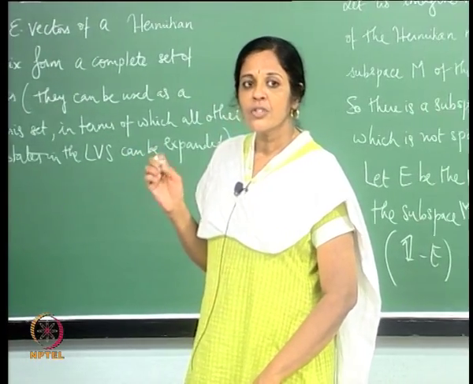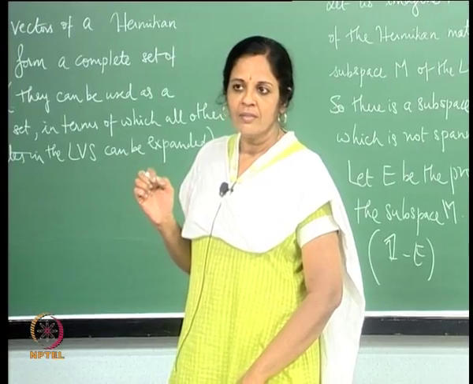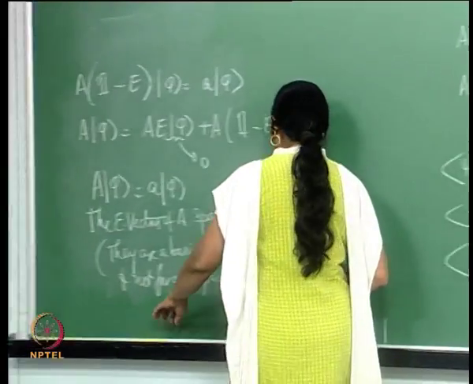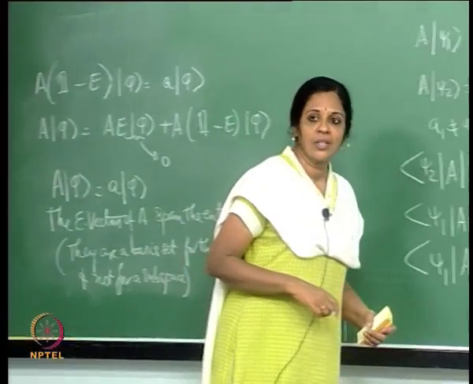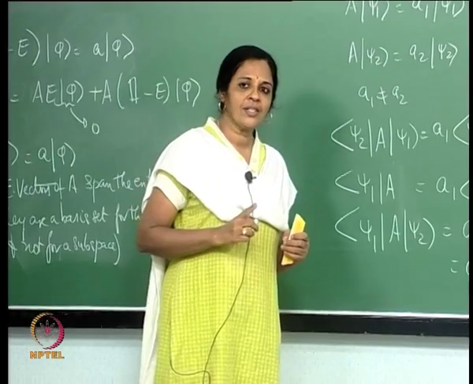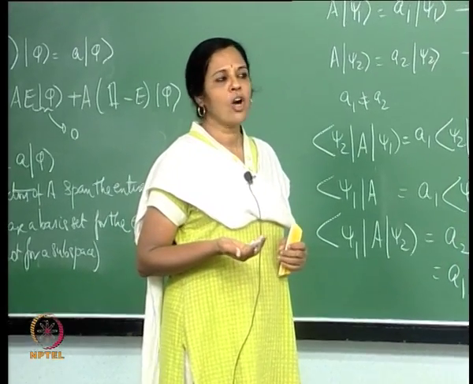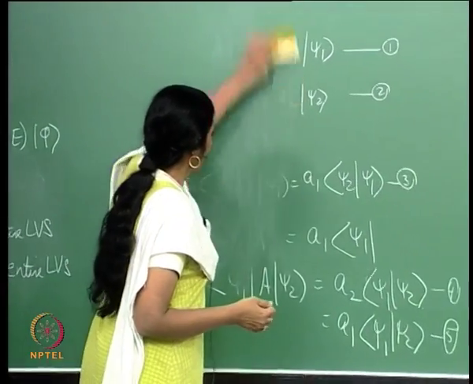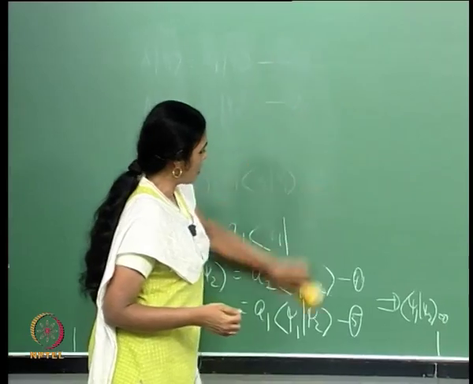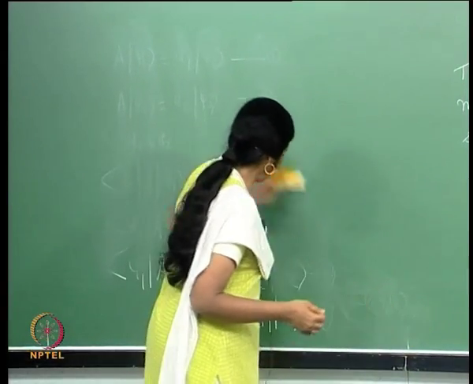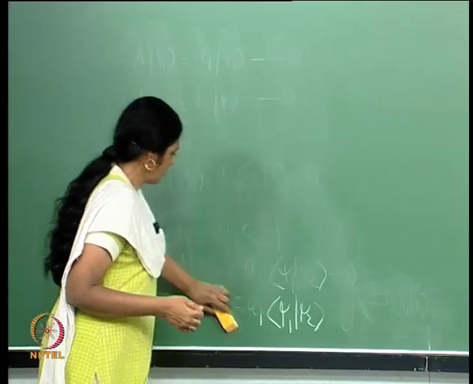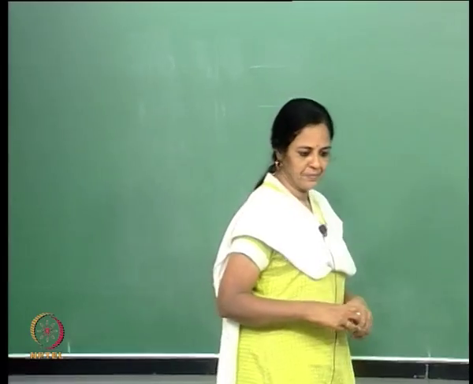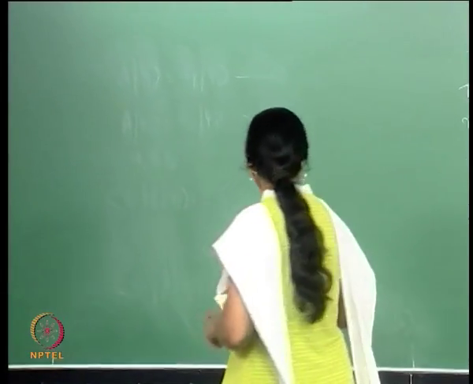Now we move on to the next problem, which is a very important problem, and that is to show that if two Hermitian operators commute, you are guaranteed to find a complete set of common eigenstates of these two Hermitian operators. So, that is the next problem, and this is something which should be proved systematically. So, the statement is this: